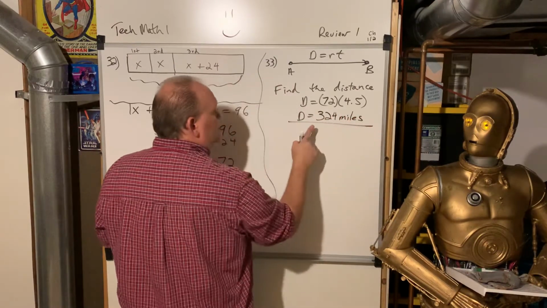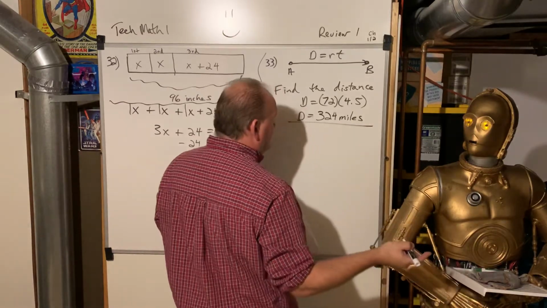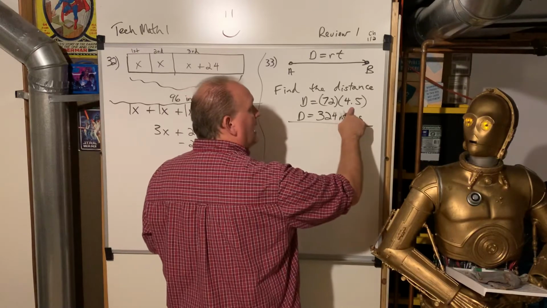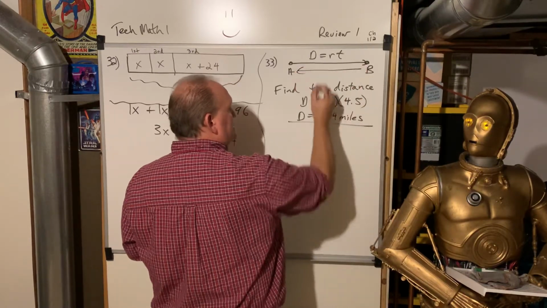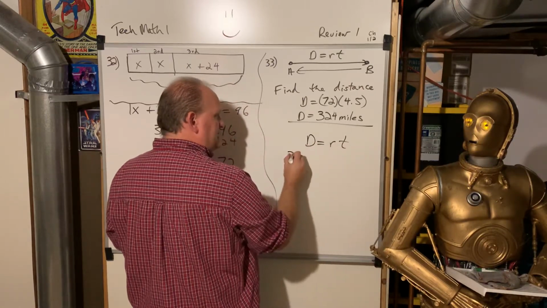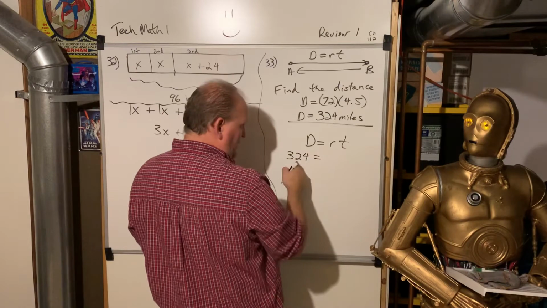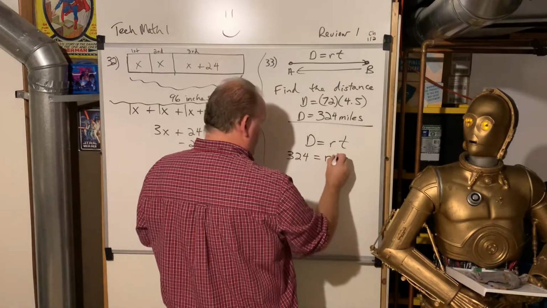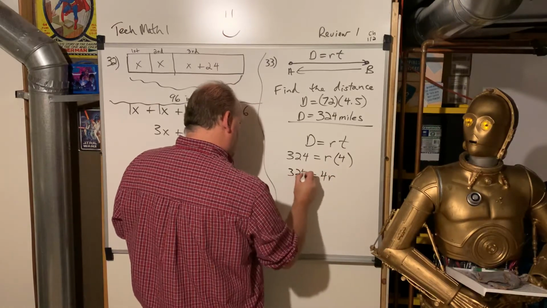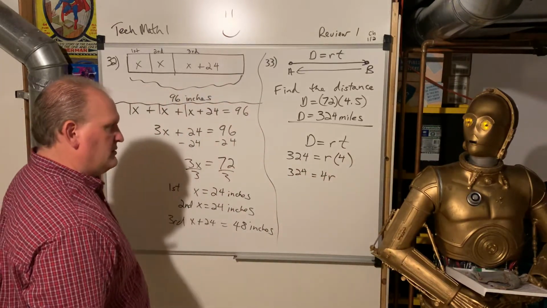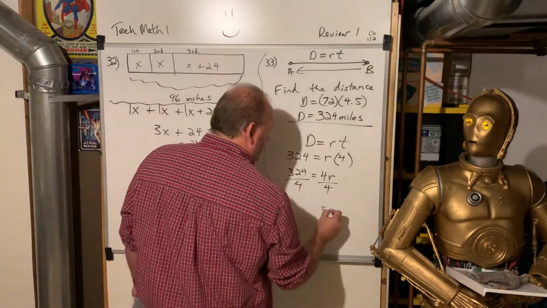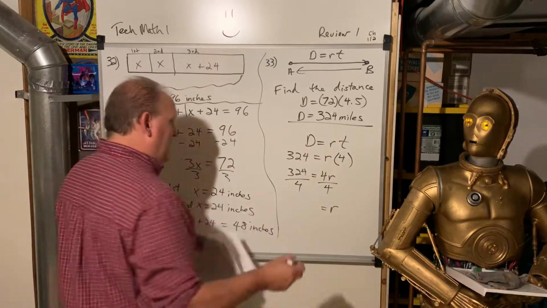All right. So we've got that, but they didn't say how far it is. They said, how fast did you go back if the time you made was 4 hours? So we want to go back, and this time we're going to use the same formula, but this time we have the distance that we figured out, and we don't have the rate, and we do have the time. And so the formula looks like that. 324 equals 4r, that's our equation. Divide by 4, and r is equal to 81 miles per hour,